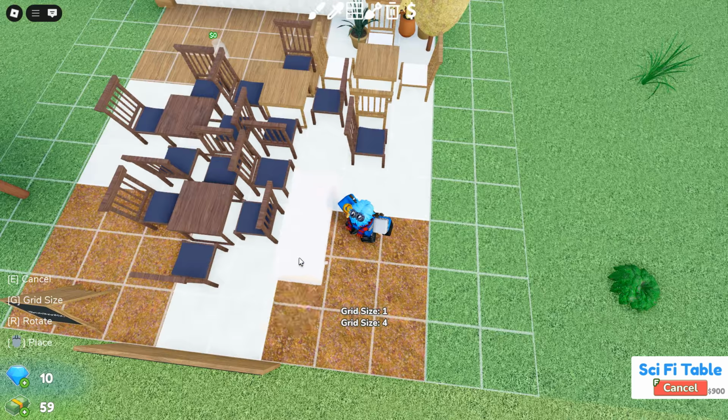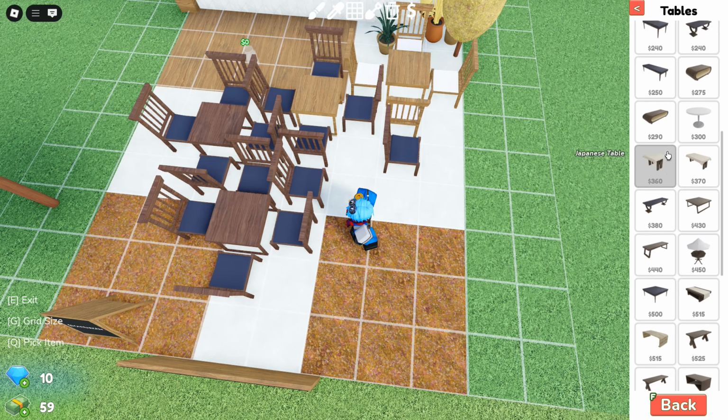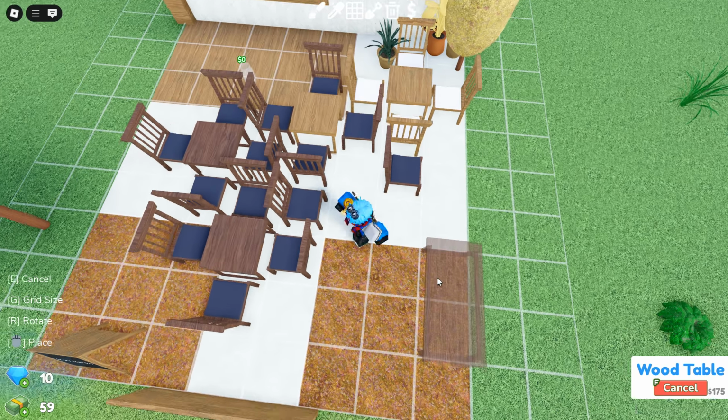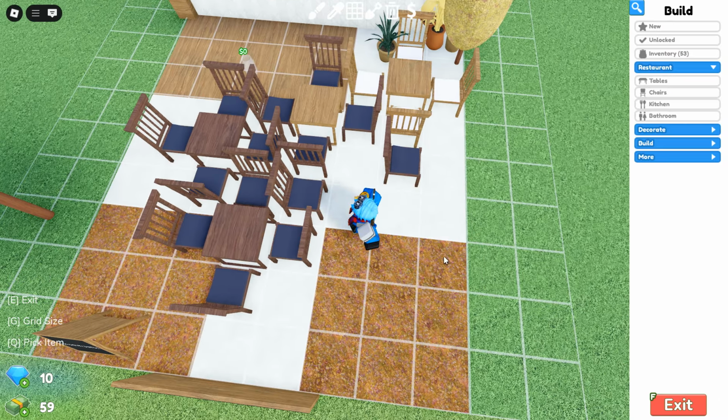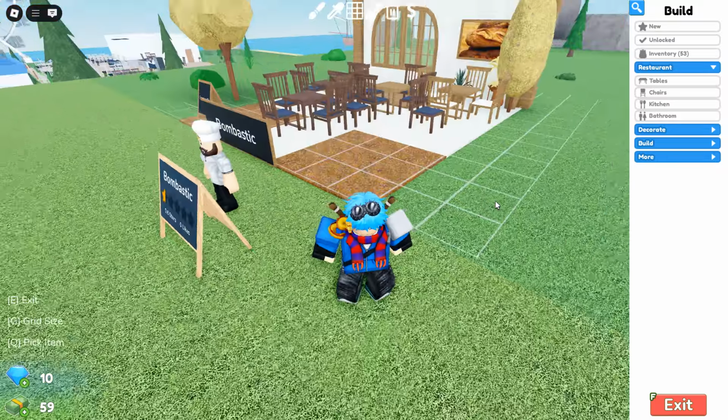These tables. Let me just put in a grid size that you guys know. Oh, never mind. This is a 3x1 table. But either way, you get the point. The most efficient method you could do is to get one of these long tables, and then you put it down, and then you put 6 chairs around it, right? But there's actually another way that's more efficient, better for early game, that you can actually use and go ahead